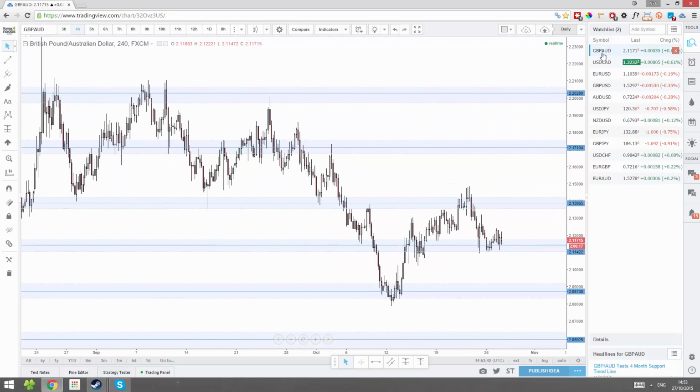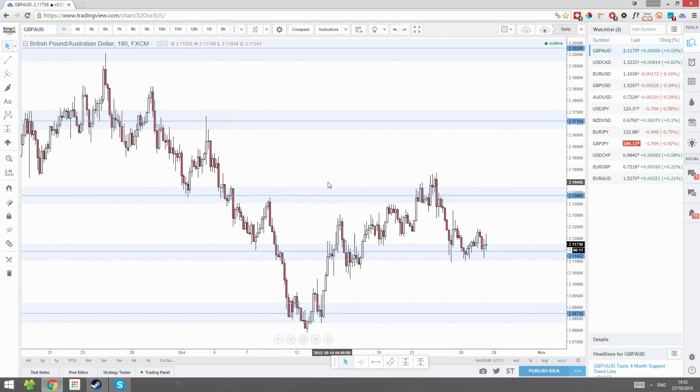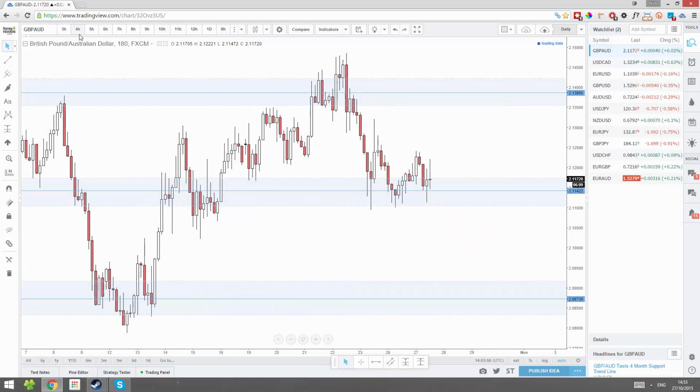We're going to start with GBP/AUD simply because that's at the top of my list for some reason. I can't remember why. Usually I just start with the 3-hour. I rarely take trades on the 3-hour, but